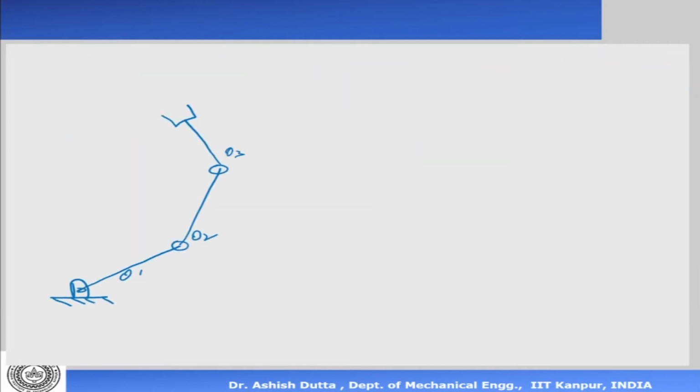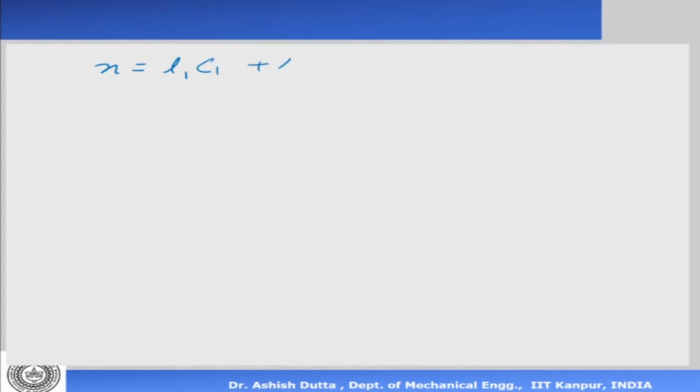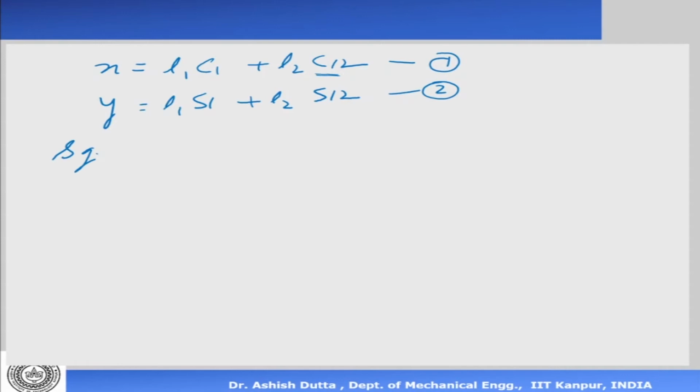So I'm going to write down x and y. Let me drop this off. So x is equal to L1 cos theta 1 plus L2 cos (theta 1 plus theta 2), and y is equal to L1 sin theta 1 plus L2 sin (theta 1 plus theta 2). Now what you see is that there is equation 1 and equation 2. Two equations, two unknowns, but the way it appears here, you cannot solve so easily. There is a cos and a sine. So what we do is we square and add